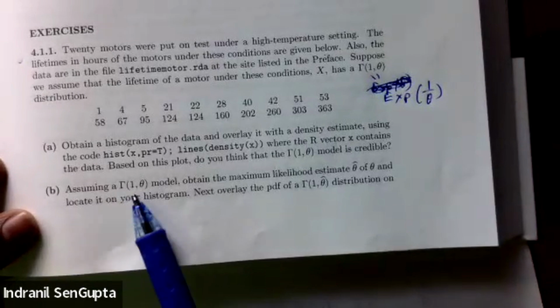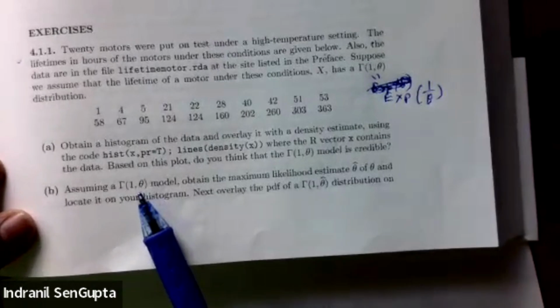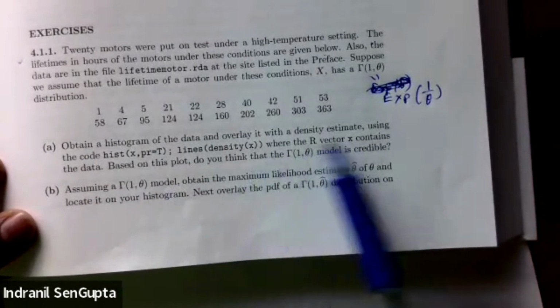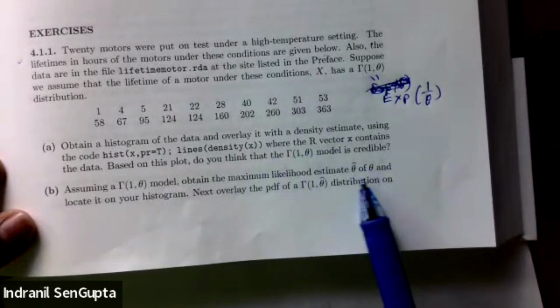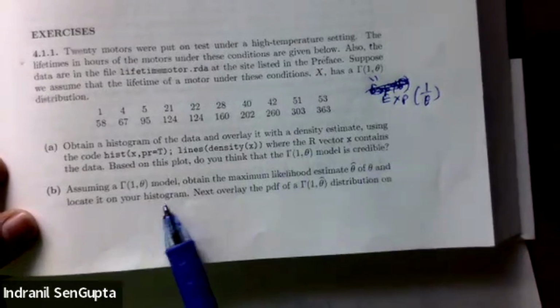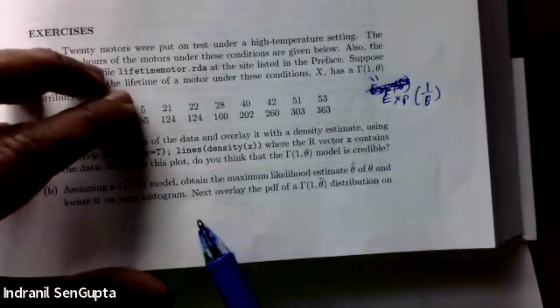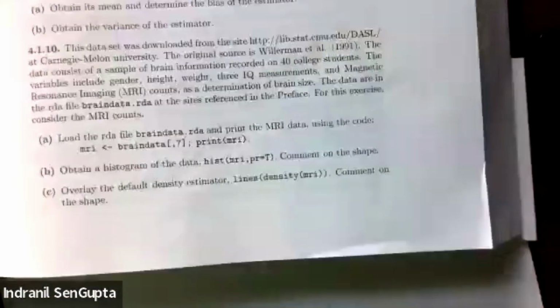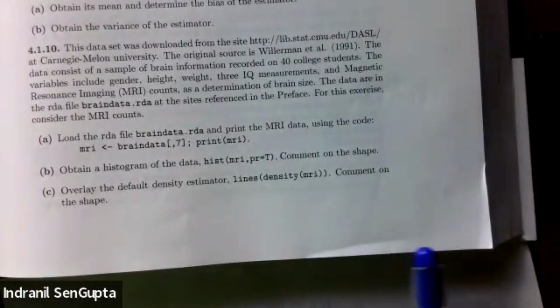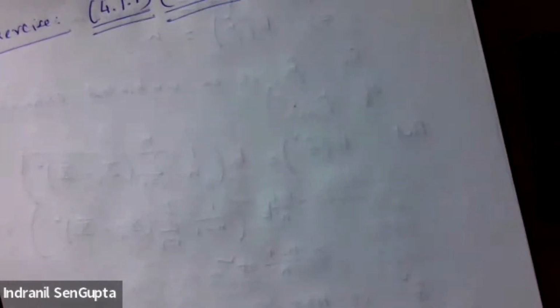Assume that a Gamma(1, theta), which is the exponential of 1 over theta model, obtain the maximum likelihood estimator theta hat of theta and locate it on your histogram. So we'll see what it means. And next, we'll do something with that. Okay, so this is the problem. Actually, we'll not solve the entire problem, so I'll just skip through